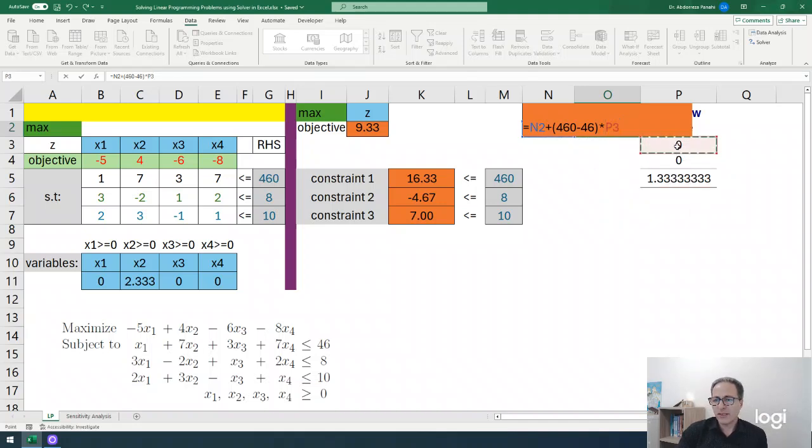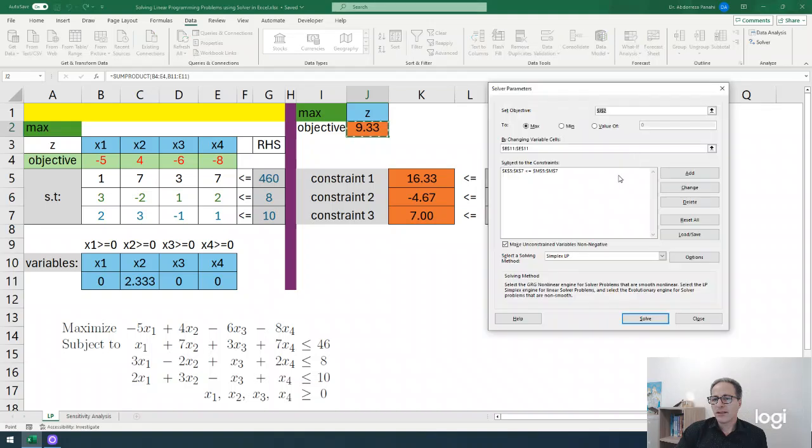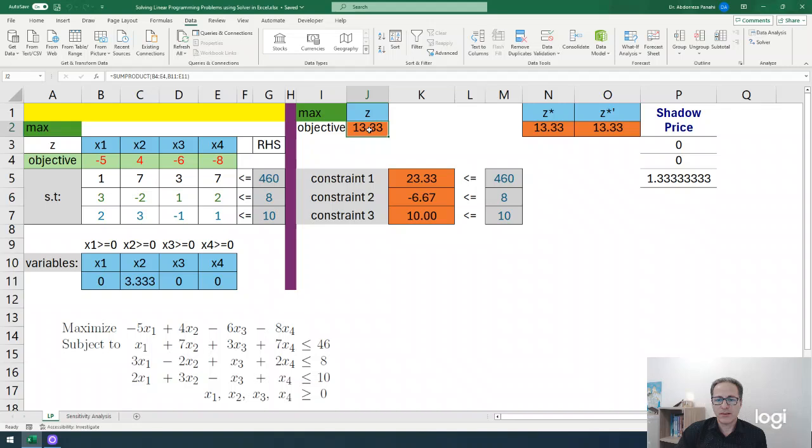So we don't need to do any calculation. For sure it's going to be the same. But now if we solve it, we predict to get the same result. Okay, the same, nothing changed. This 460 here instead of 46, but still the same objective value, or Z star prime is the same